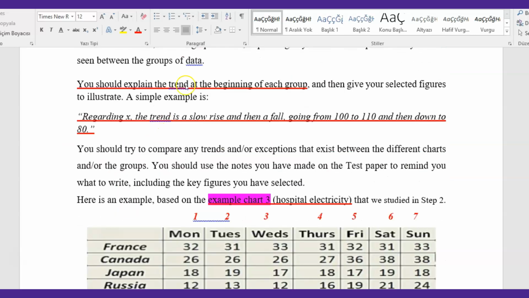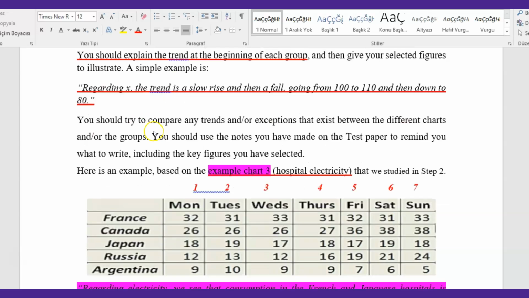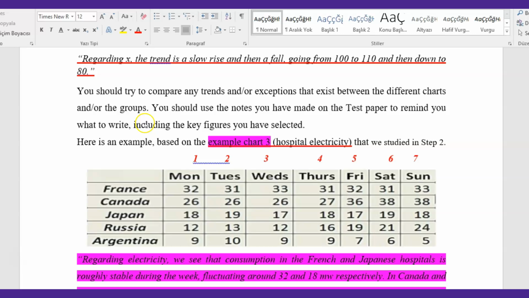You should explain the trends at the beginning of each group, then give your selected figures to illustrate. For example, regarding X, the trend is a slow rise, and then a fall going from 100 to 110, and then down to 80. You should try to compare any trend and exceptions that exist between the different charts and groups. You should use the notes you have made on the test paper to remind you what to write, including the key figures. Okay,